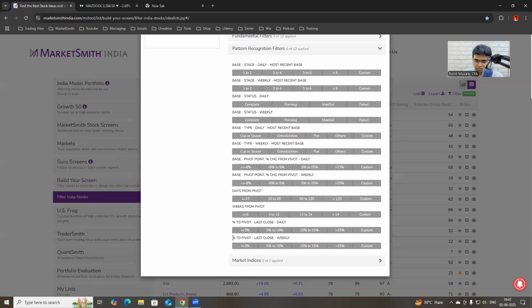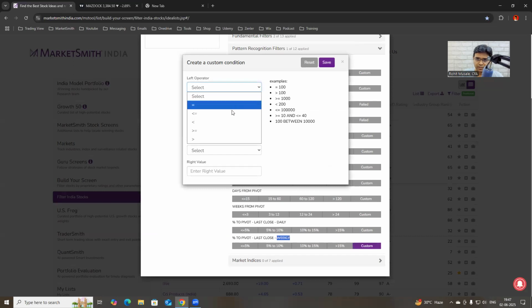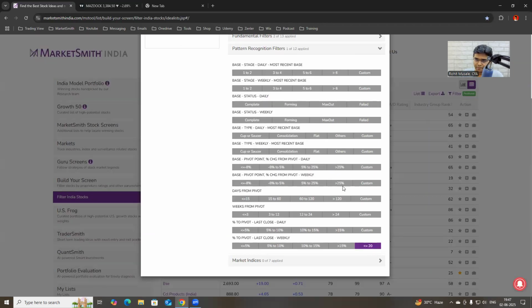It says percentage to pivot, which means there is a certain distance that the stock has to travel to reach the pivot. Last close means latest close. Maybe it's referring to weekly, and on the weekly time frame chart. So if I do this, less than or equal to 20, then it should give me all the stocks which